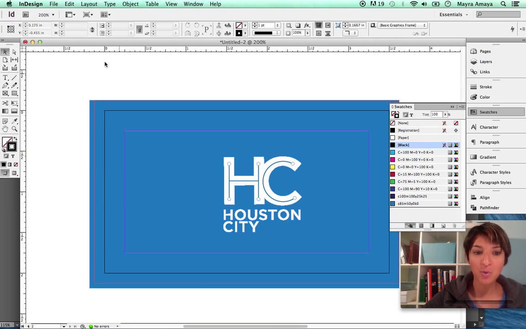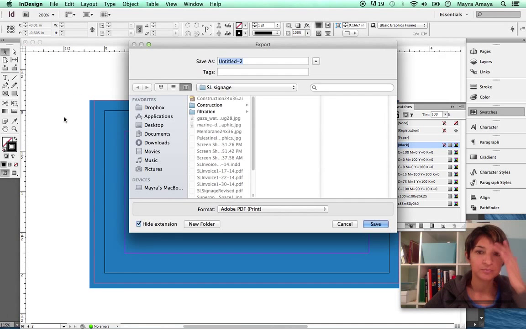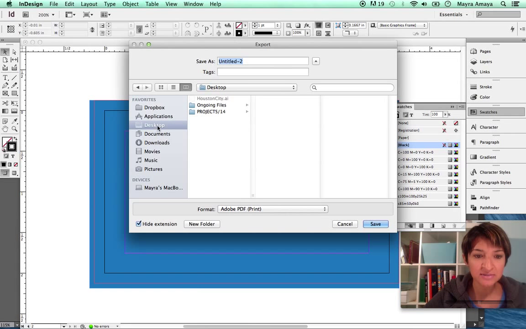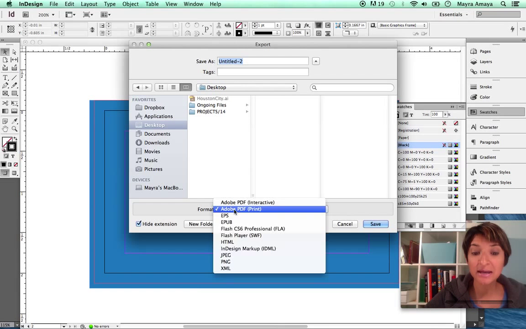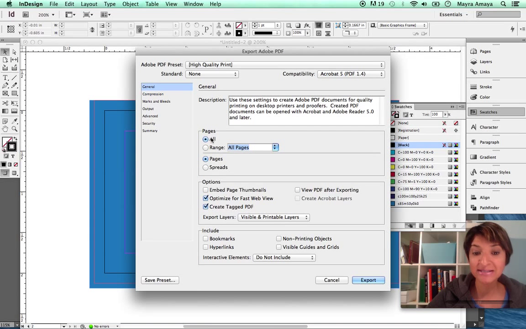Okay, so now when you're getting ready to save this, you go to File, Export. I'm going to save it to my desktop. And I'm going to say Adobe PDF print. There's interactive, and that's more for web. If you're creating, let's say, a brochure that has links online, that's what you would use that for, but we want this for print. So we say print and say save. And we're going to say all pages because that's going to allow us to bring in the front and the